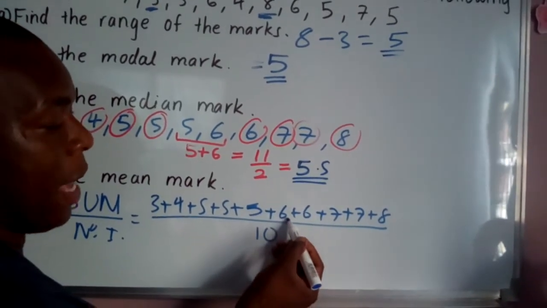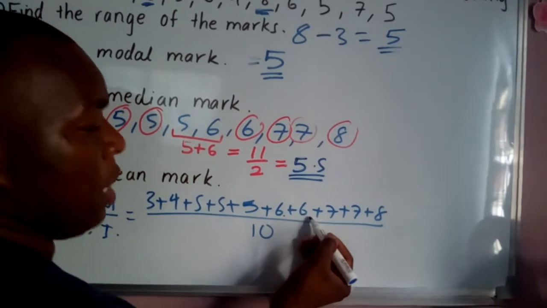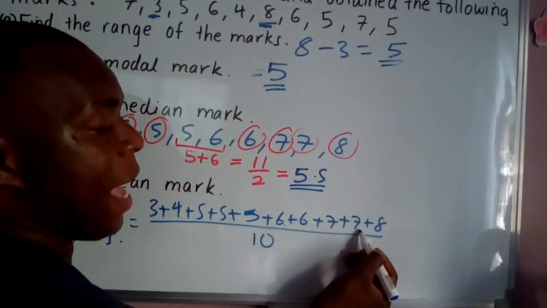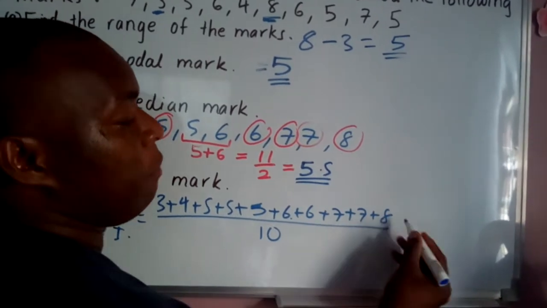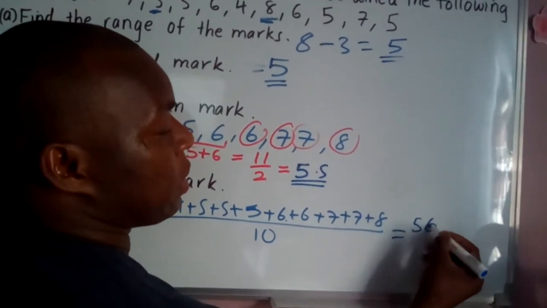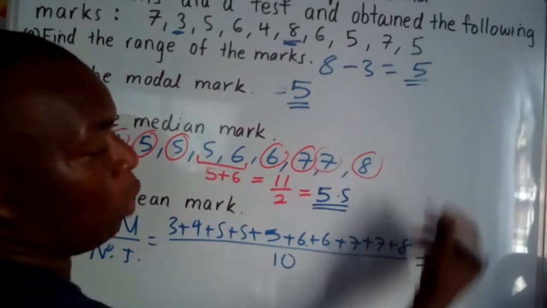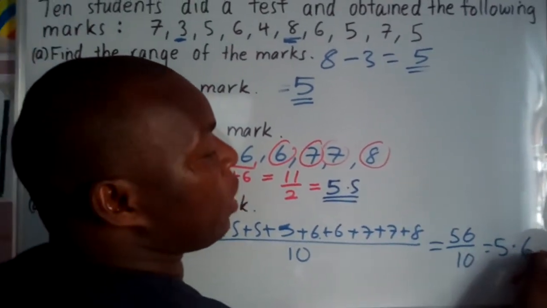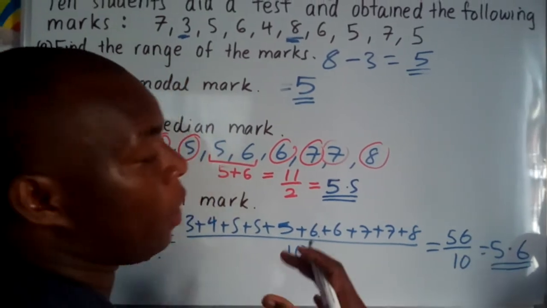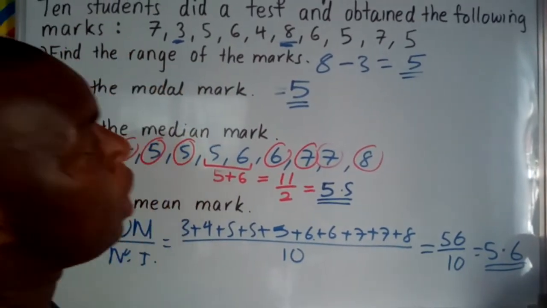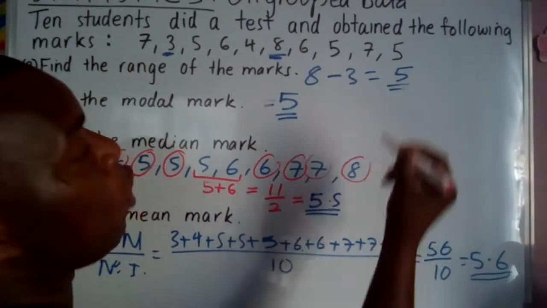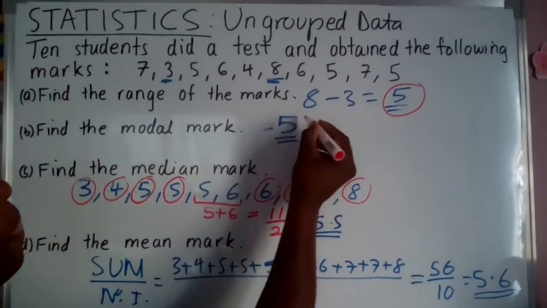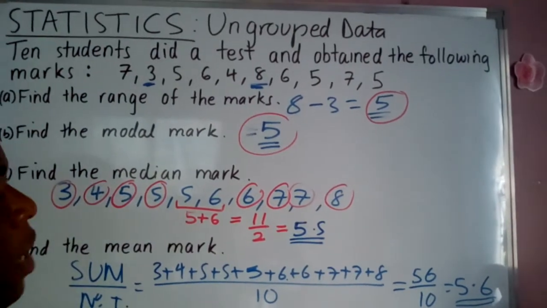We get 28. We get 34. 41. 48. And 56. Now, total is 56 of all the data, divided by 10, and we get 5.6 as our mean. Now, if you check closely, you'll realize that our first answer was 5, our second answer was 5,